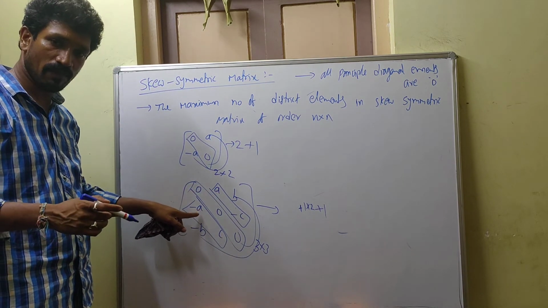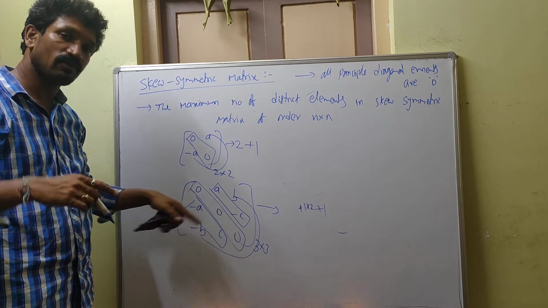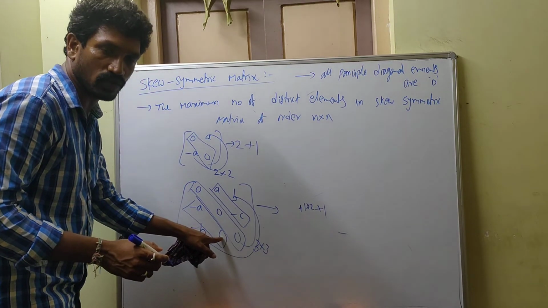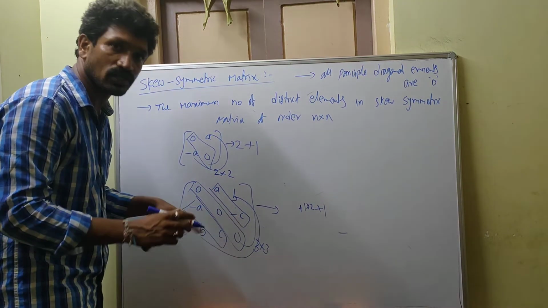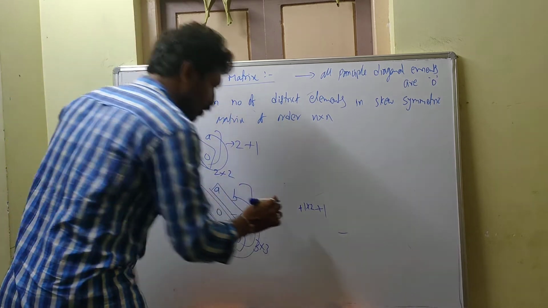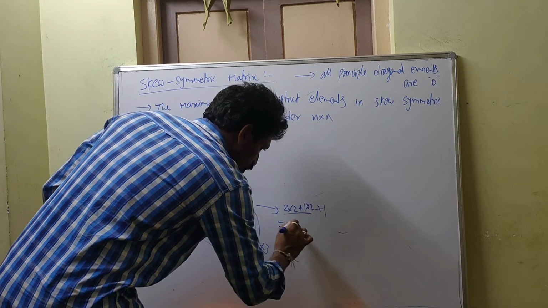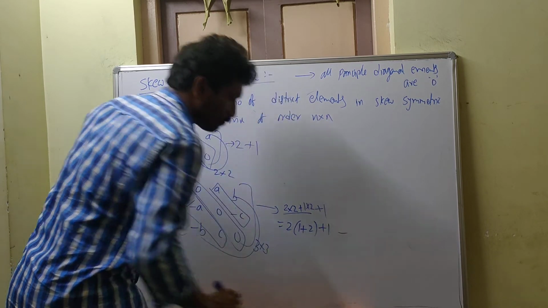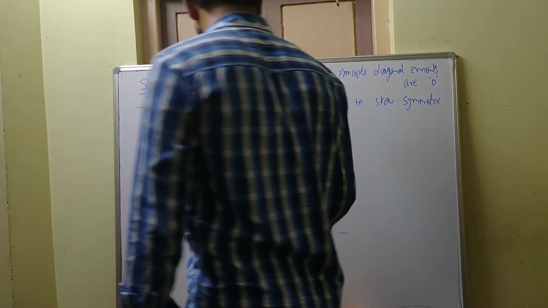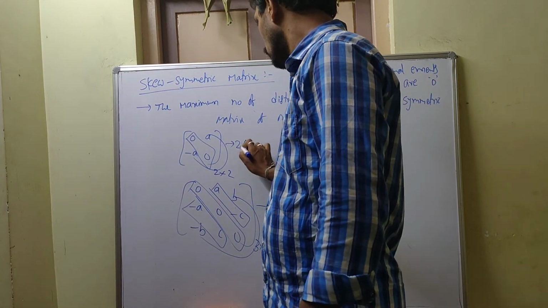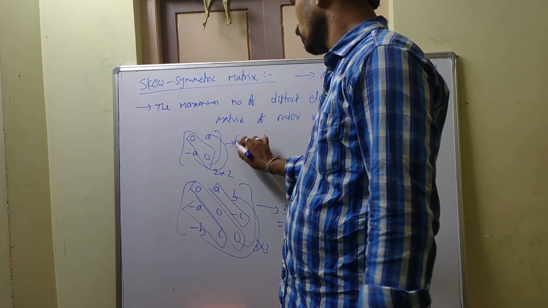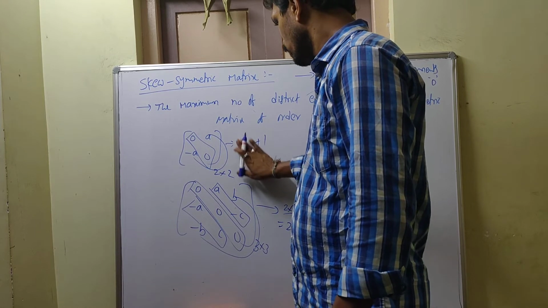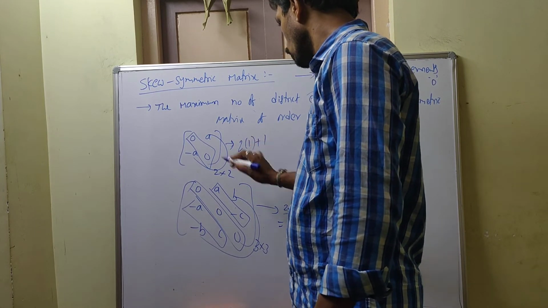Same number but opposite sign. So if you consider one number, that becomes multiple, that means double. So 2 into 1. From this one also we get 2 into 1. So totally for these numbers, 2 into 2, 4 numbers you are getting. If you take this 2 common, 2 times of 1 plus 2, or 2 plus 1 plus 1. How can I write this one in the same manner? This is 2 into 1 plus 1 you can write. Getting clear?